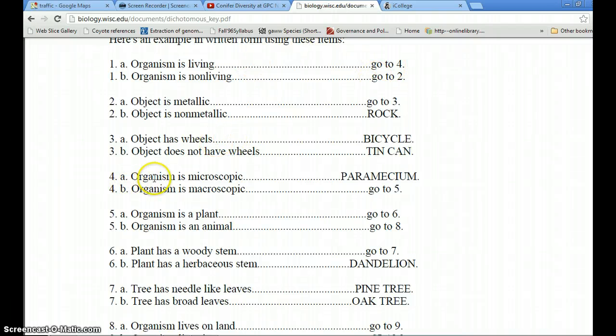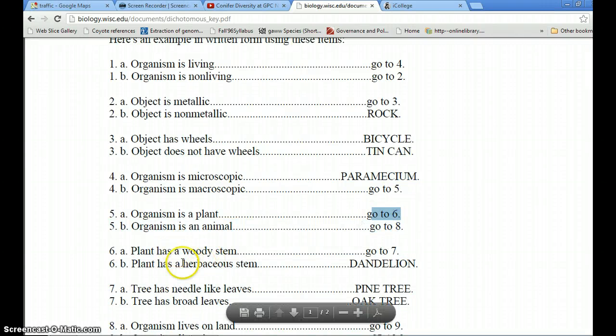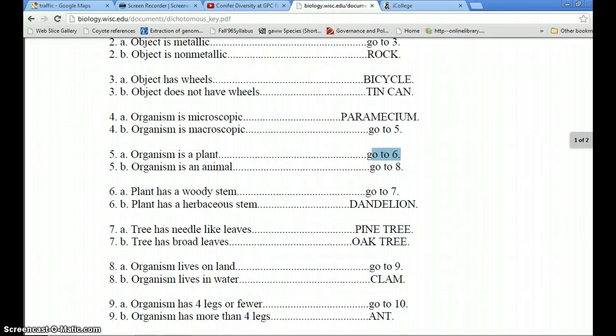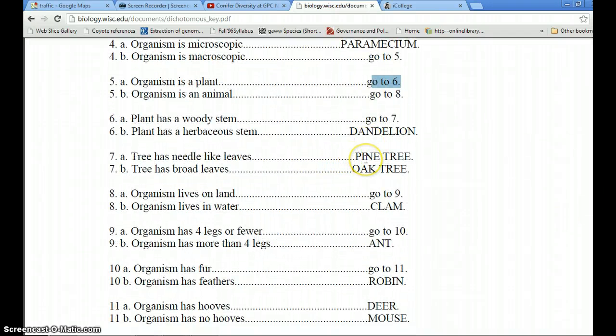Okay, and then at 4, they say, well, if it's microscopic, the only thing that's microscopic in that list was the paramecium. If it's not microscopic, if it's macroscopic, which just means it's large, well, then go to 5. And then at 5, they say, okay, we can break these down into animals versus plants. If it's a plant, go to 6. And then 6 just sorts it out into, does it have a woody stem or herbaceous stem? And you can see how it always terminates in these simple yes-no decisions,